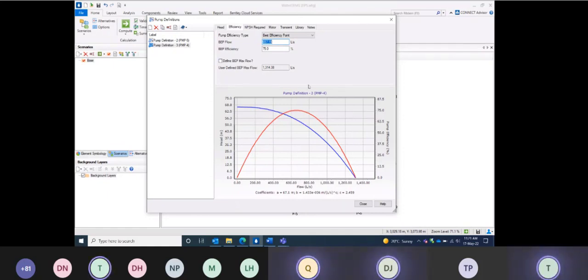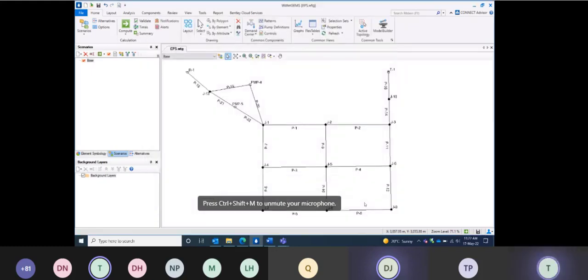Excellent. Okay, so now, by the way, the reason that we put the efficiencies in is because, as I mentioned, later on we're actually going to do an energy cost analysis on the different scenarios that we create. So that's why we need the pump information in there so that we can run our costings later. Okay, so if you close that, the next thing we need to do, and again it's with the pumps, is